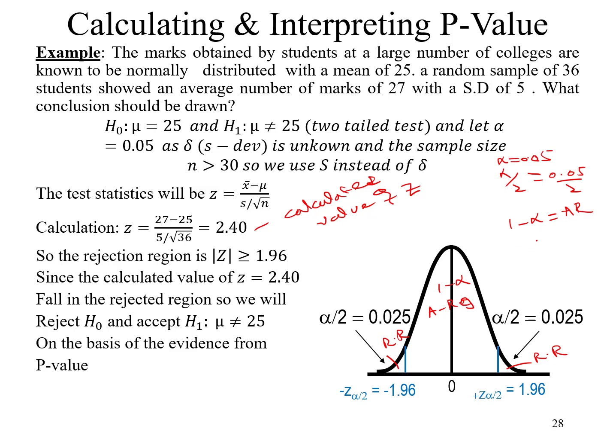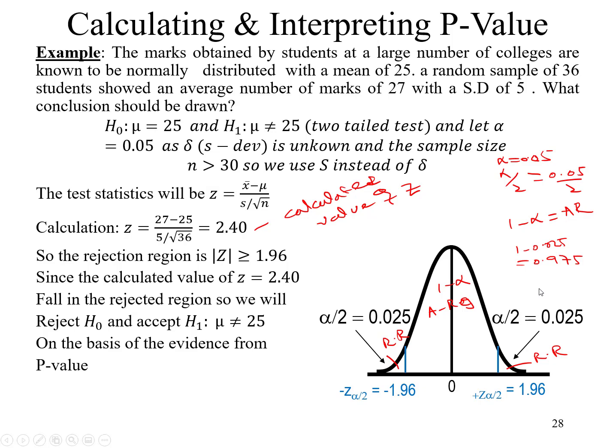So for this purpose, we will transform the normal distribution to the standard normal distribution, and we will use the table for this. So now, what is 1 minus 0.025? When you use your calculator, 1 minus 0.025 is equal to 0.975. So now we want to go into the Z table.